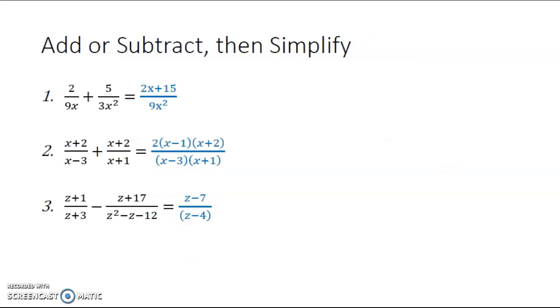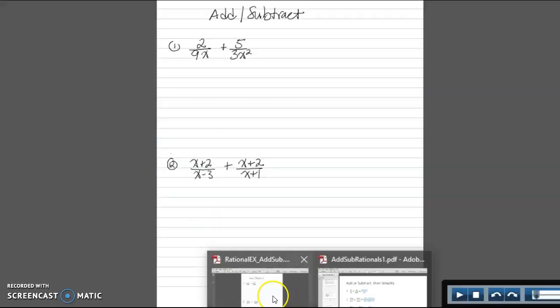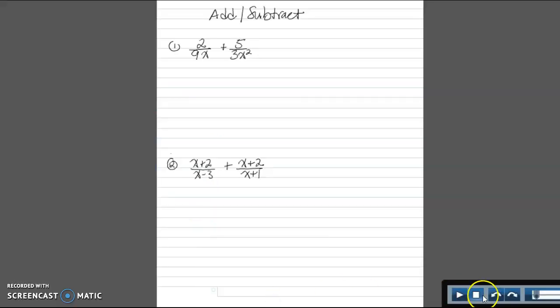All right, so we're going to use this in 3 examples, 2 addition examples and 1 subtraction example. The answers here are in blue, but I'm going to show you in detail how to get those sums and differences. All right, so let's start with the first example where we have 2 over 9x plus 5 over 3x